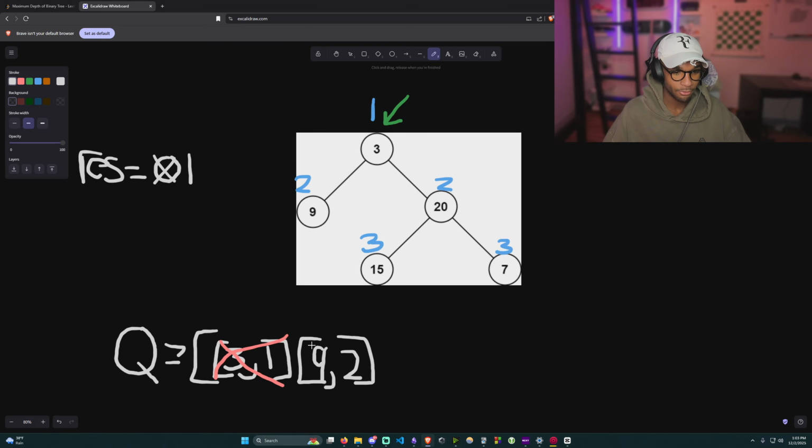Perfect. And remember, binary trees can have 0, 1, or 2 children, so we have to at least check the right-hand side. So we say, hey, does 3 have a right-hand child? It does, 20. So we want to append that on. So the node 20. And for the depth, same thing. The parent has a depth of 1, so we want to add 1 to that because it's 1 level deeper, so a depth of 2. Now we continue,